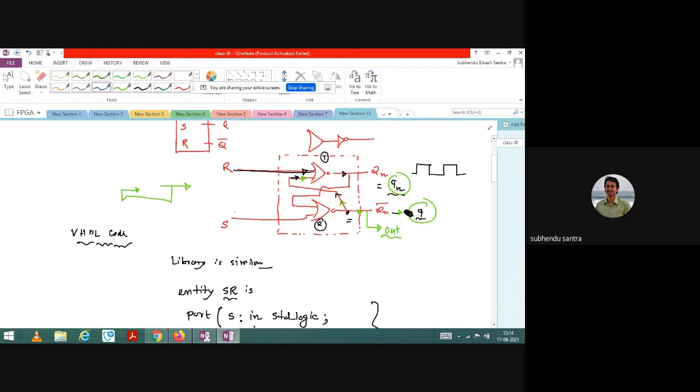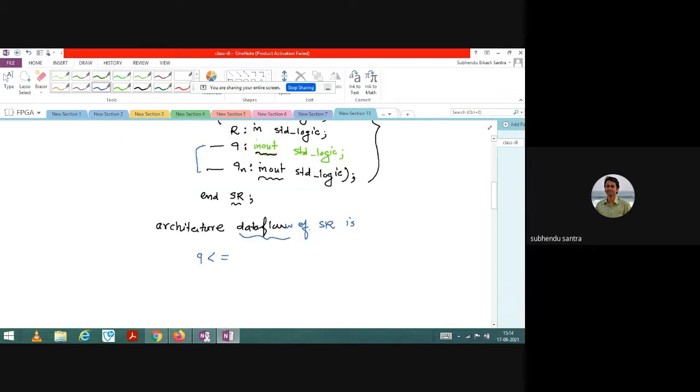Q, you can see, it is Qn and S bar. So what I will write, what is Q and what is Qn? Let me write it the opposite way.